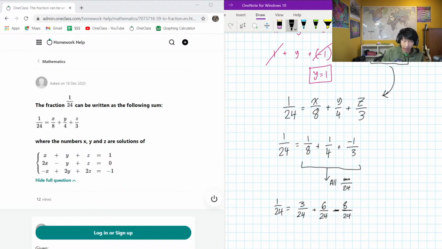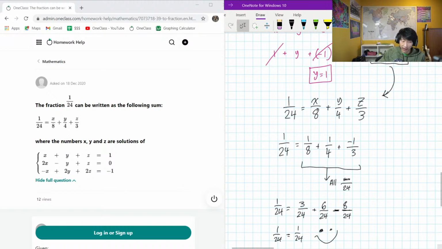Because 8 times 3 is 24. Now that all of them have the same denominators, we can see that we have 3 plus 6 minus 8. So that's 9 minus 8. That's 1/24. So 1/24 equals 1/24, big happy face,